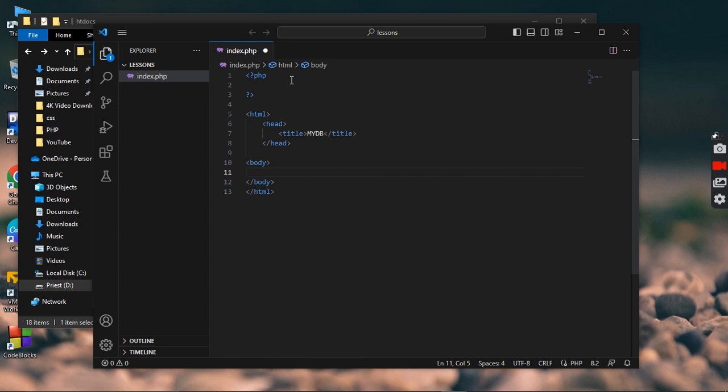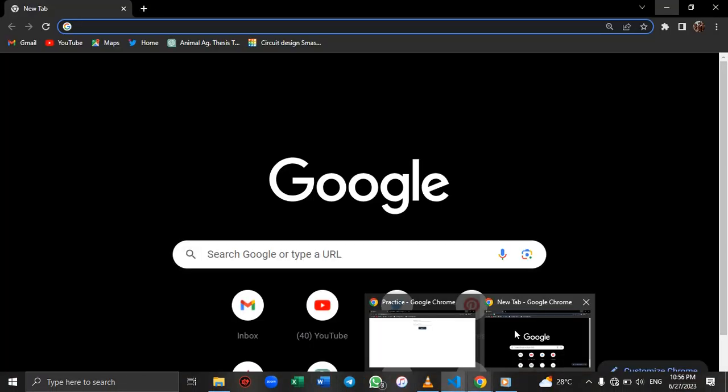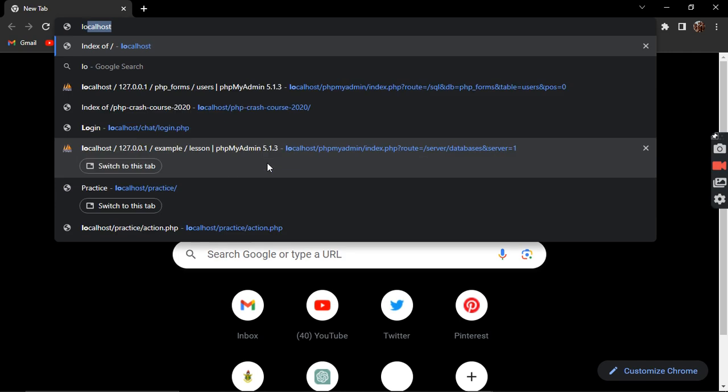Then the body, and under the body let's have our h1 tag called hello world. And we save it. Now let's come to our browser and type localhost,